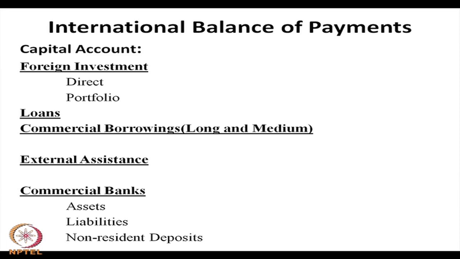Our domestic companies have the freedom to raise money from abroad in the form of loans and commercial borrowing, because there is no restriction on domestic companies borrowing from abroad. The only caps are for different sectors. External assistance is not significant in the Indian context. However, NRI deposits in commercial banks are quite high, and this has given a boost to our capital account. Capital account liberalization is essential for more flow of foreign capital to India.